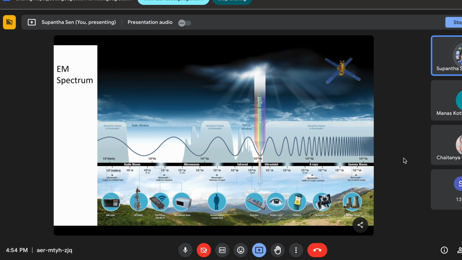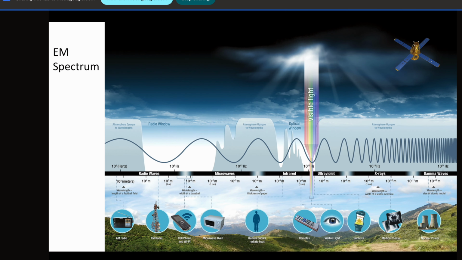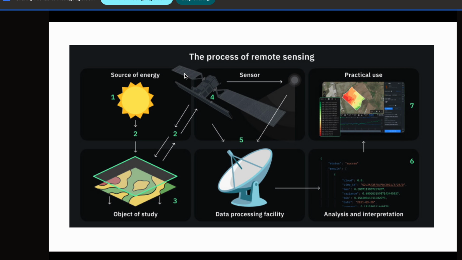Now some other sensors are also there, like X-ray sensors. Those are used for astronomical objects. Recently we launched XPoSat, so it is in that X-ray region. X-ray and polarization I will come to later. XPoSat is for polarization. So this is the basic satellite. I will tell you about remote sensing in a little bit more detail, because very complex mechanisms are there.